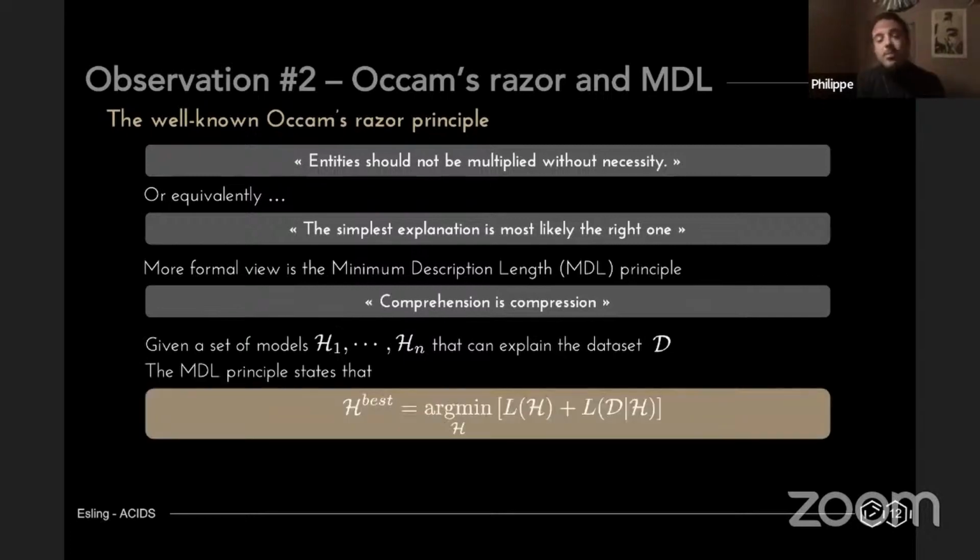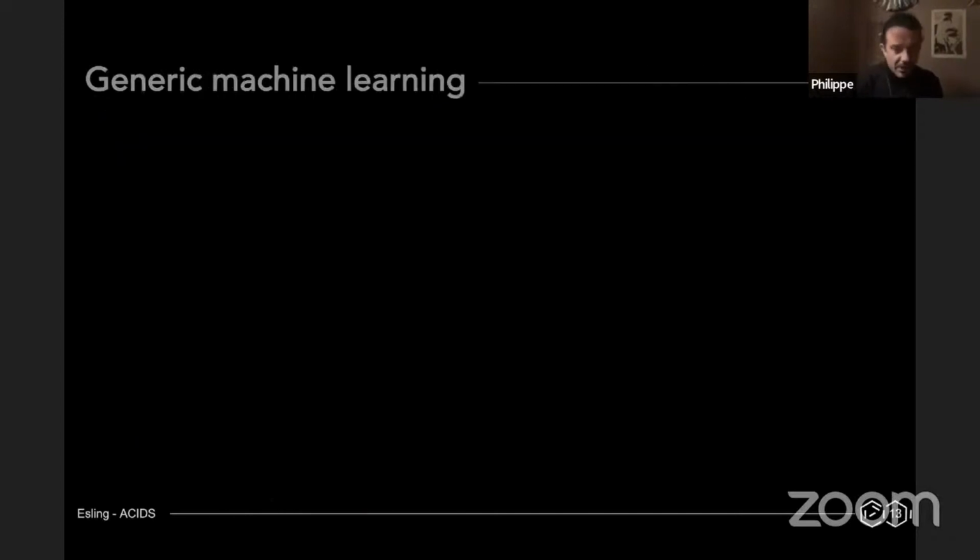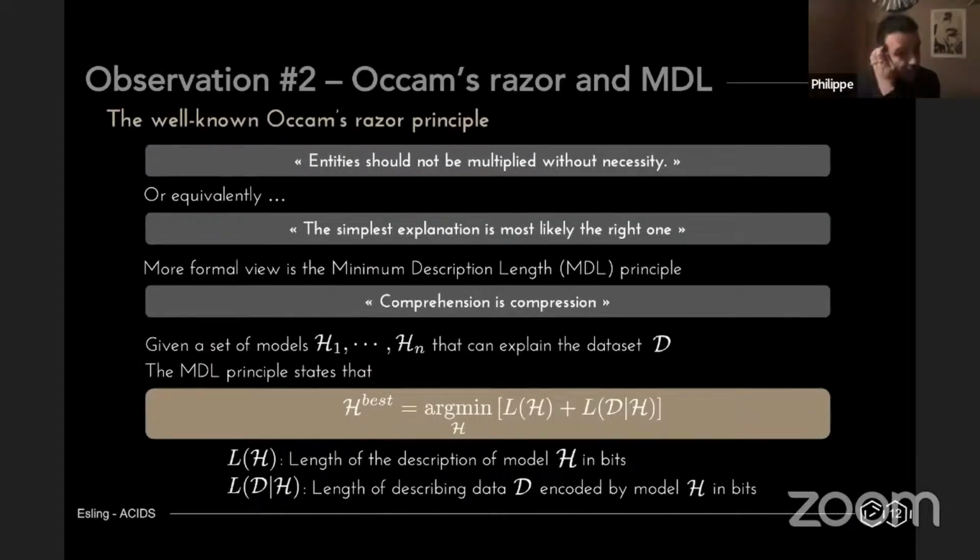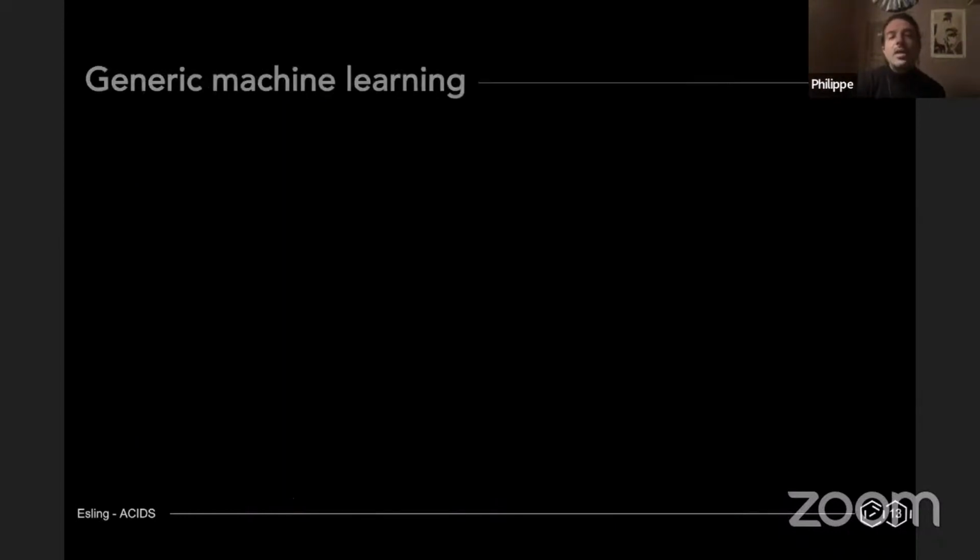So the MDL principle states this seemingly complicated formula, which just says that the best solution is not only the one that is the best in describing the data, but also the one that is the smallest in terms of the number of bits, both of the model itself, so the smallest model, but also the smallest description of the data as encoded by the model. And I think this relates very well to the generic definition of machine learning,